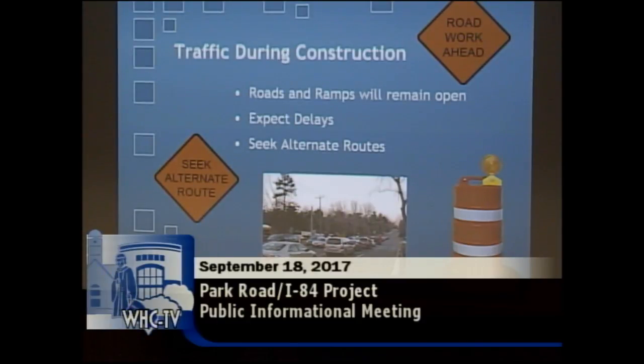Real quick, just on working hours, the contractor is restricted. They won't be able to work during the morning or evening commuting periods. So obviously that's a positive. Most of their work will probably be centered between like 8:30 to 4, somewhere in there. But they won't be allowed to have any lane closures or anything that would influence the traffic movements